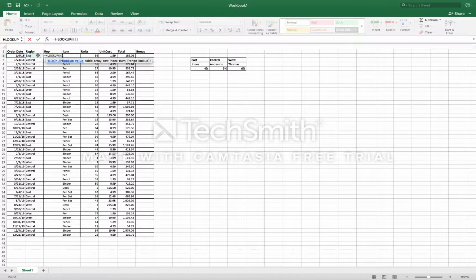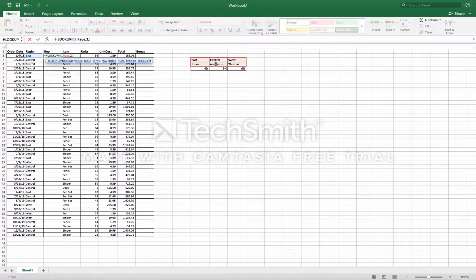So we'll click here for that cell, comma, and now this is where naming the lookup tables came in handy. So now I can just type in reps and it'll highlight the data that it is now using. Comma again, and now the row index will be which row from this lookup table is it going to pull into the cell. And for this, we don't want the first row because that would just pull in the region again. We want the second row, the actual rep's name. So we'll put 2,